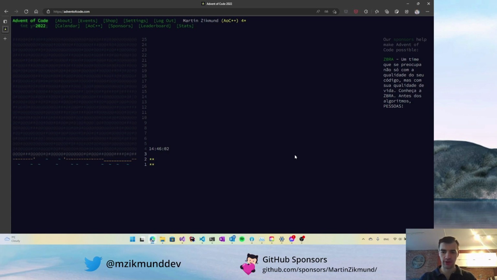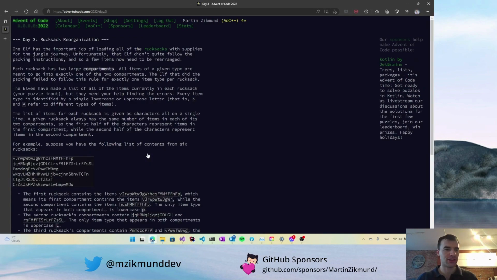And today we are going to continue with day 3. So far, we've been successful for the first 2 days. Let's see if this streak continues. So day 3 is here. Right, so we will be organizing rucksacks